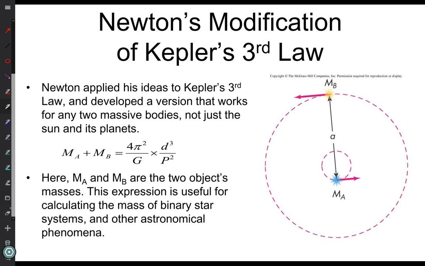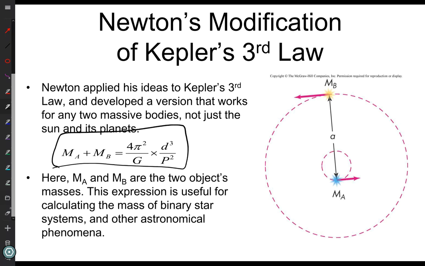So this can be used in something like a binary star. A binary star is where you have two stars orbiting each other. Well, both of those stars are going to have meaningful masses when you compare them to each other, and so you have to use it this way in that case. You have to do the mass of star A plus the mass of star B is equal to 4 pi, the separation between them cubed divided by G times the period squared. And so that is a more exact equation. Oftentimes we can ignore the mass of one star, but this equation is always correct.